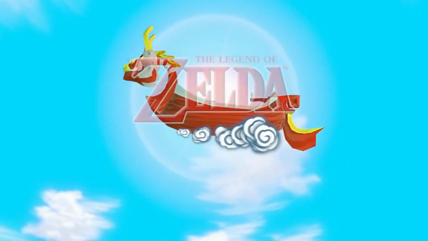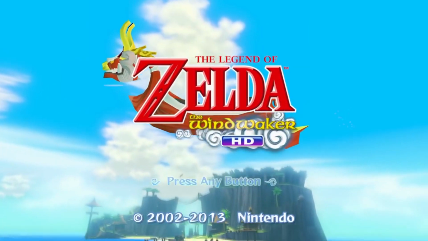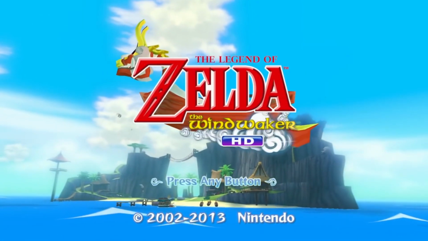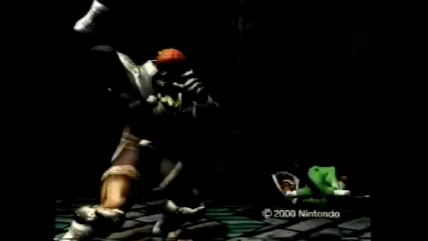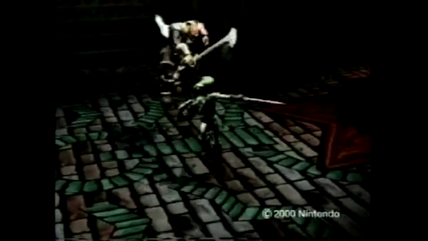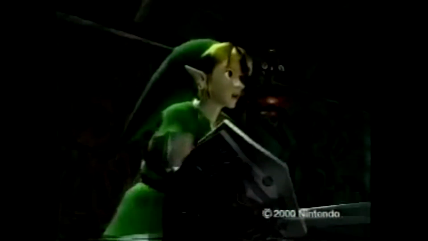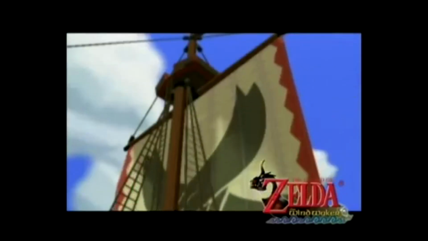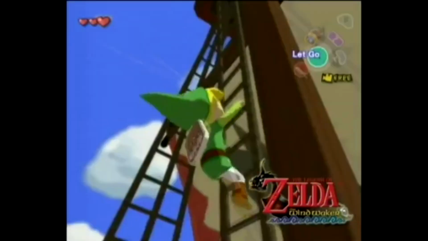Now, there's a long history of this in Legend of Zelda, and I'm sure anybody who's listening to this knows that. Ever since Legend of Zelda The Wind Waker, there have been people who have been upset with the graphical choice of every single Legend of Zelda game with the exception of Twilight Princess. When Wind Waker was announced, people were really disappointed because Nintendo made the mistake of showing that tech demo previously for the GameCube of Link and Ganon fighting, so people naturally assumed that that's what the first GameCube game was going to be, and so when Wind Waker, this complete 180-degree change happened, people were really shocked and a lot of people were really upset.